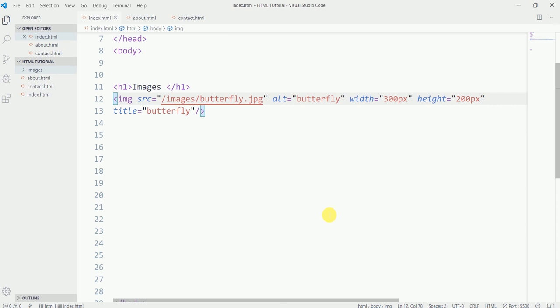We can use float properties or some other properties of CSS, and those CSS properties to set the image we will use later. Okay, right now it is just to show you how we use the image tag in the HTML. Now there is another tag similar to the image tag, but that tag is known as a figure tag. Okay, what is the figure tag? It is also showing the images into the page, and